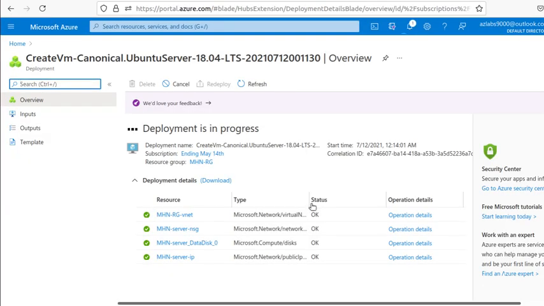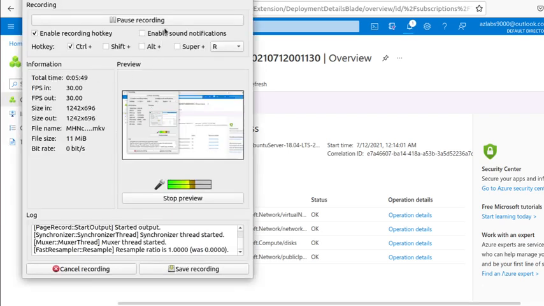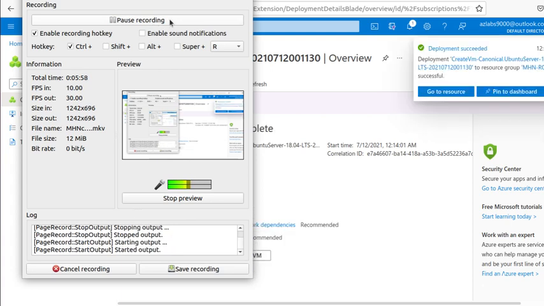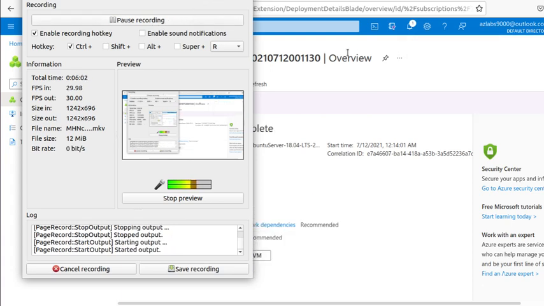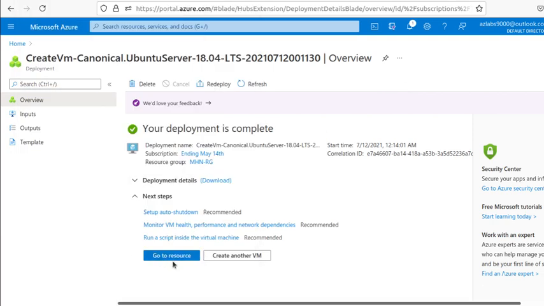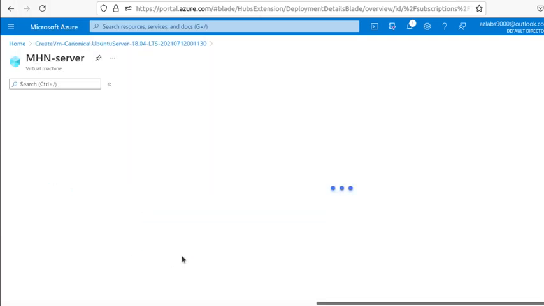So let's see what is going on. It's deploying, and these days this deployment literally takes less than a minute, so it should go very fast, and hopefully I don't have to stop the deployment or pause it. Since it's taking time, let me just pause it for a second. Alright, it will pause for probably 15 seconds or so. So deployment is now done, and I can click on this big blue go to resource button to go to